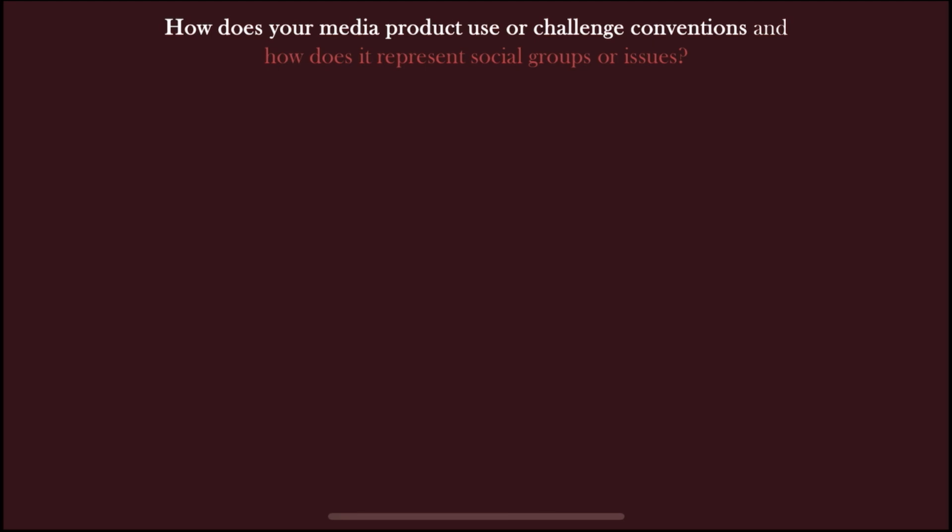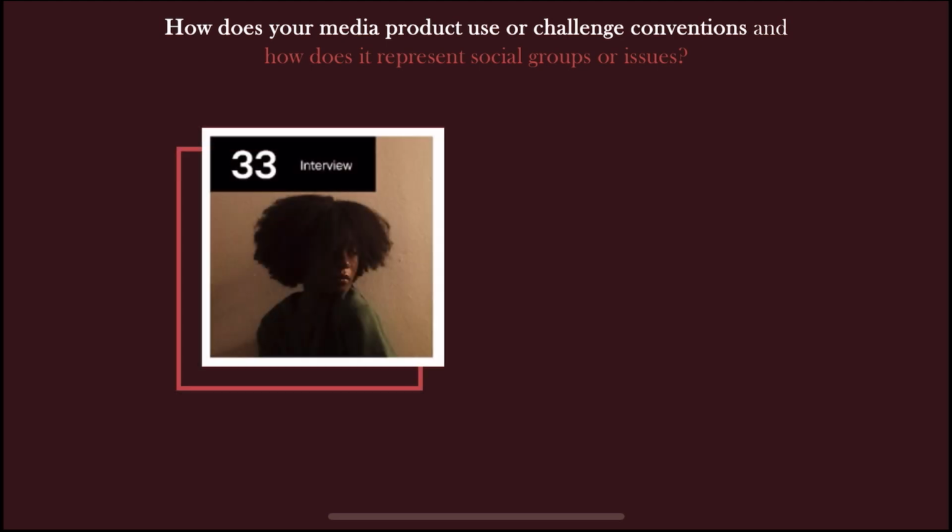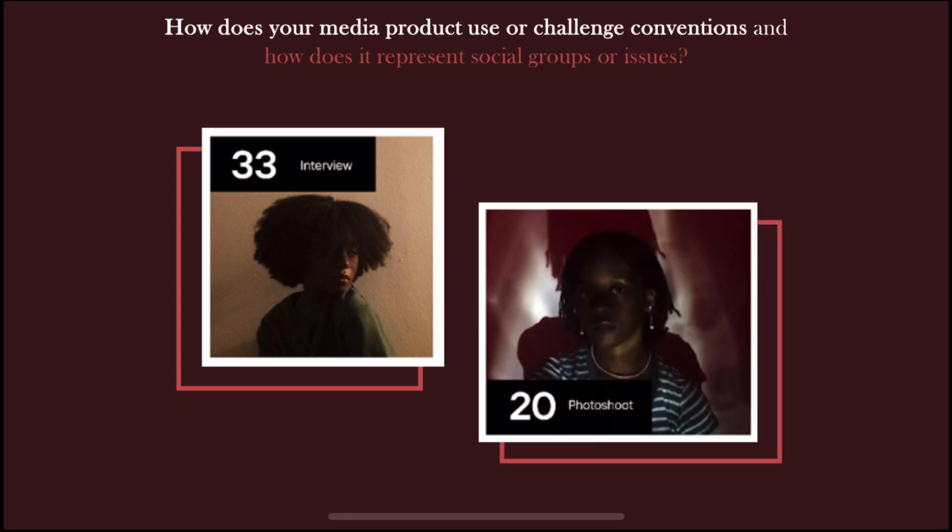The next part of my question asks, how does my magazine represent social groups or issues? And this is where things get a little limited but end on a positive note. In my magazine, my table of contents featured a section where there was an interview with me, as well as a section where I would help teach my audience how to imitate a professional-looking self-portrait. The thing I want to tackle here is the lack of recognition for Black and female photographers.